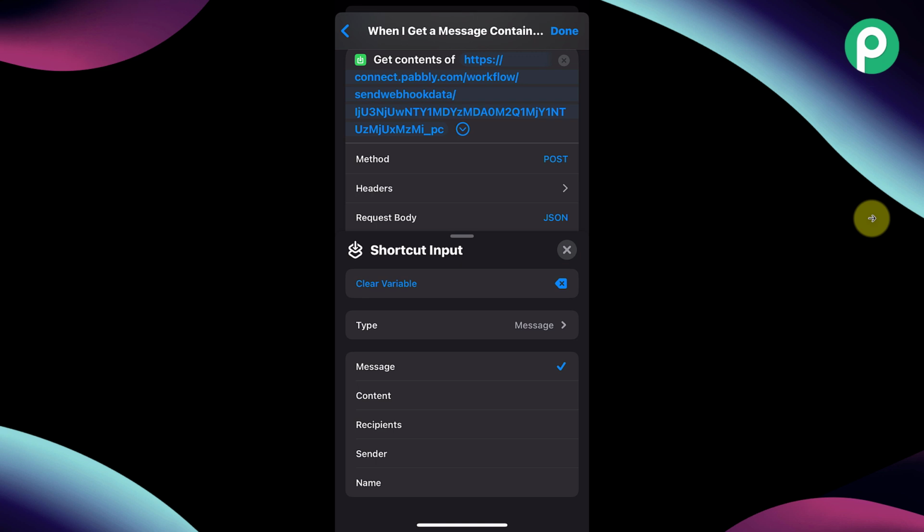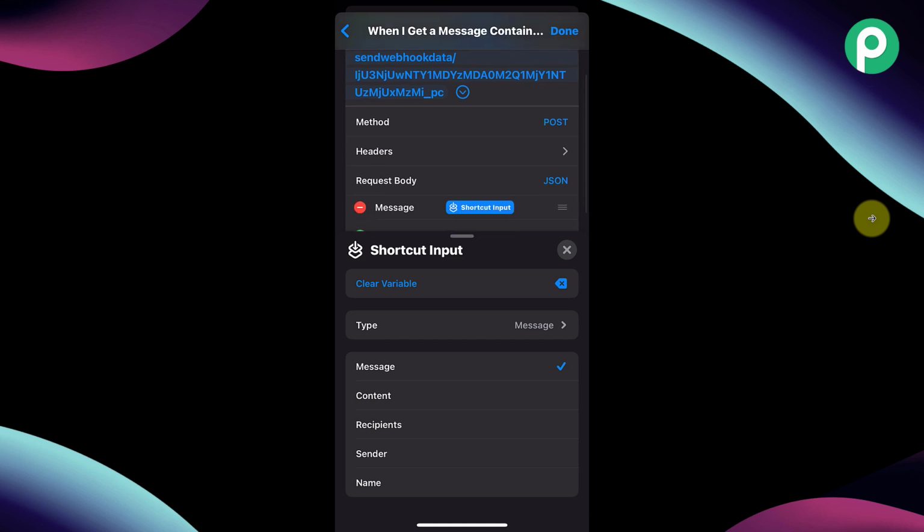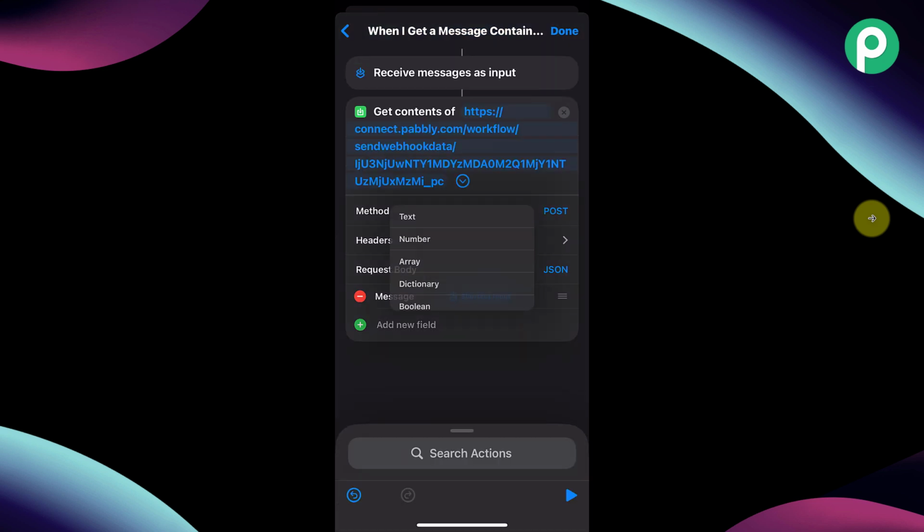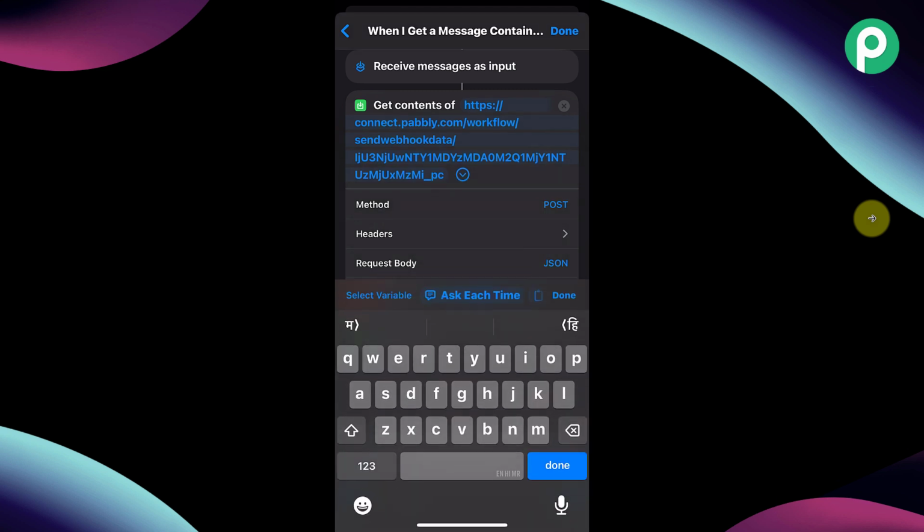We can send the message, content, recipient, sender and name. So in front of message, we want to send the actual message content, the message text over here. So we have selected message over here. Then after that, just click on this add new field button once again, and I'm going to create another key